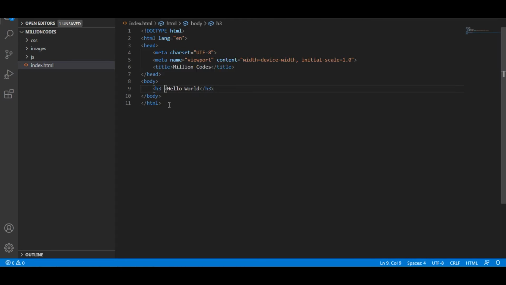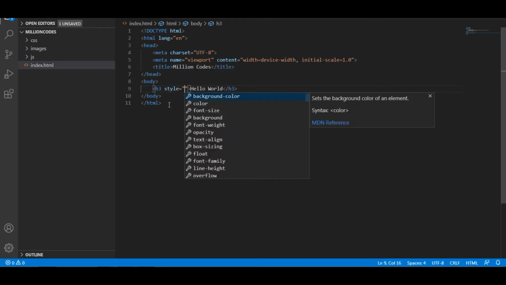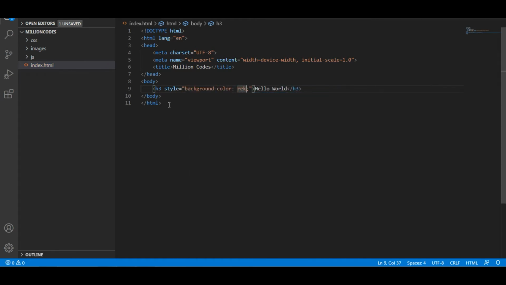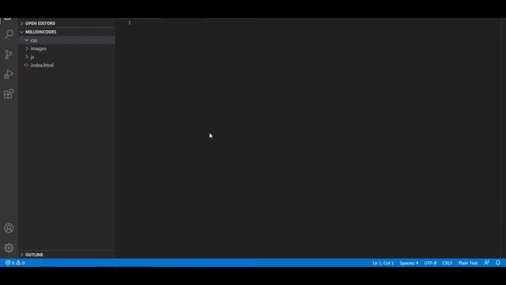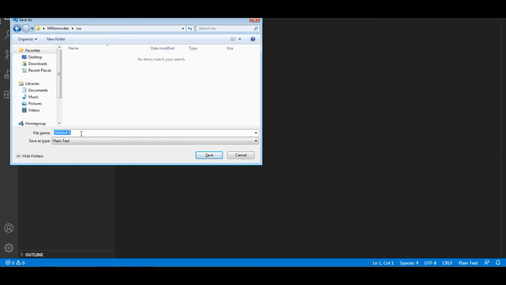When I give a background color of red to that tag and give the color, you can see the spaces above and below and left and all. There is some padding there. So we first have to reset to remove the margin and extra spaces. We have to reset the preset styles which have been applied by HTML. So we have to create a CSS file for the application to enhance the styling.